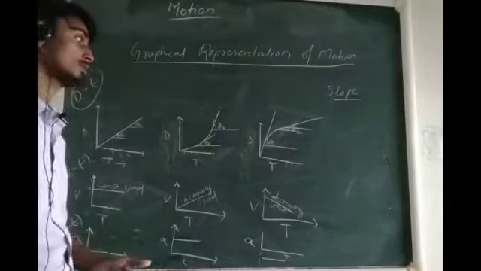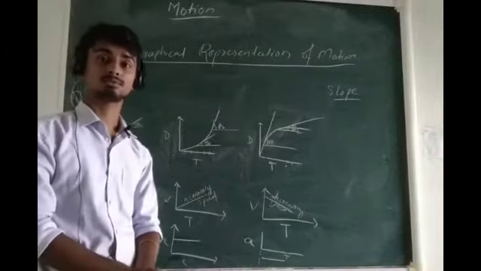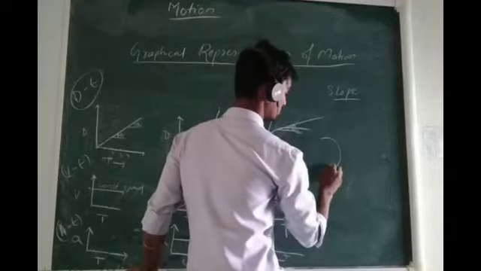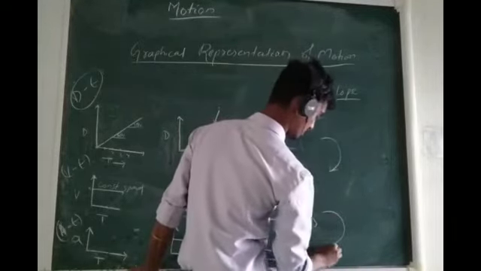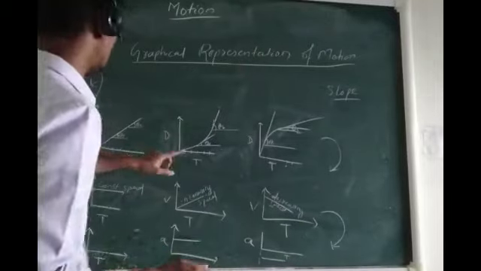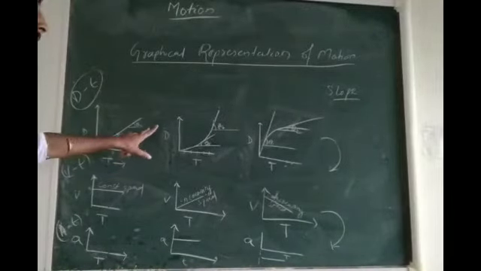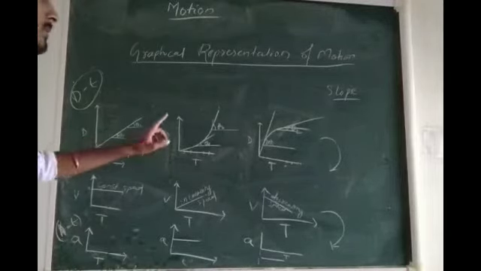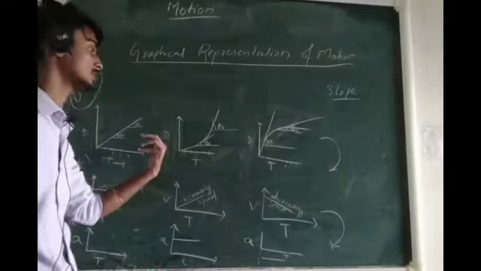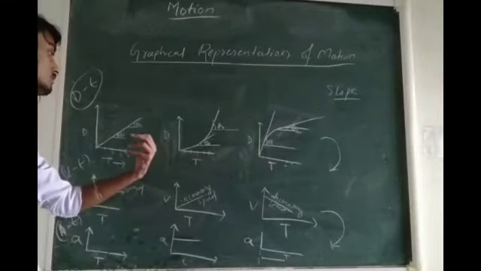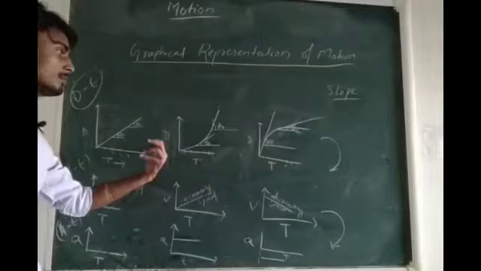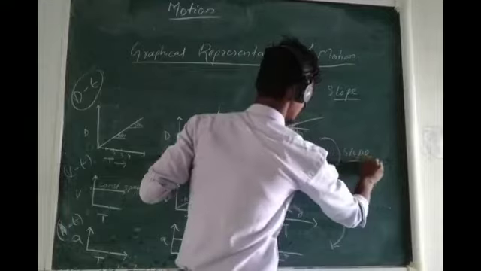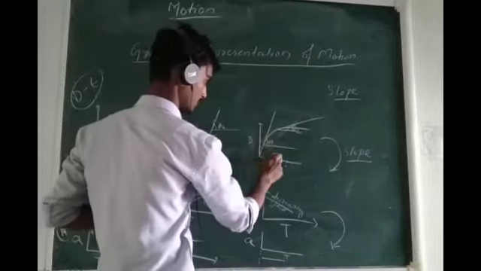And one thing you may come across while doing problems related to graphs is that it may ask you to find out the slope of a distance time graph. Or it may ask you to find out the velocity or speed in case of a distance time graph. See, if it asks you to find out the velocity in case of a distance time graph or displacement time graph, it just means you have to find out the slope, or the change in y-axis with respect to x-axis.